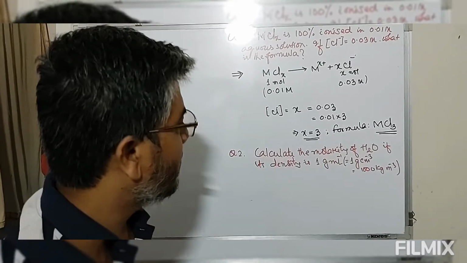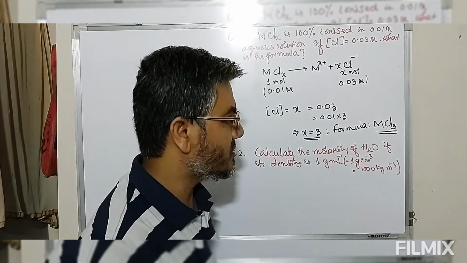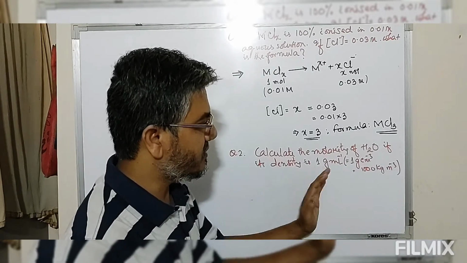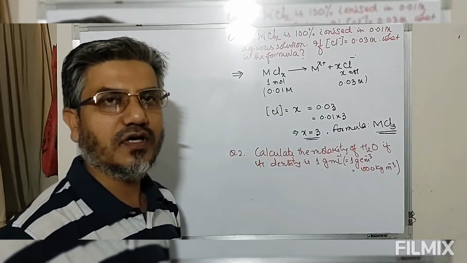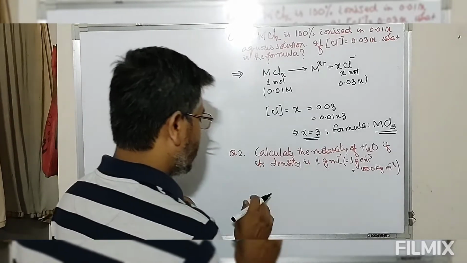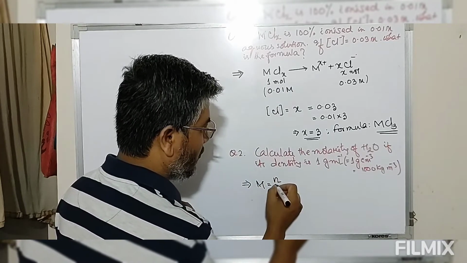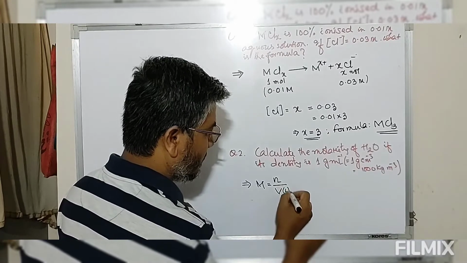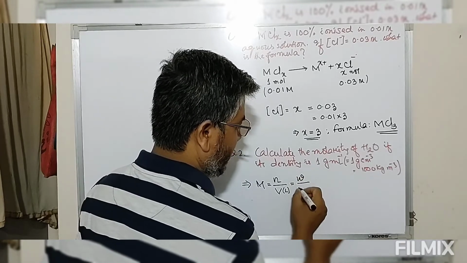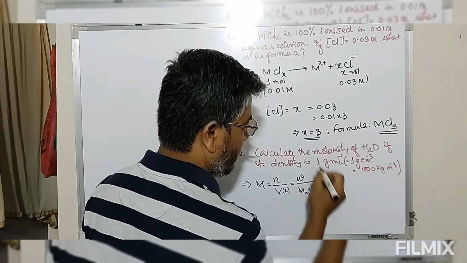So now the question is, we are given water whose density is 1 gram per ml, or 1 gram per centimeter cube, or 1000 gram in 1 liter. If this is the question, then we have to convert this in terms of the concentration of water expressed as molarity. The strategy we follow is, we define molarity as number of moles divided by volume taken in liters. Number of moles is defined as mass of the given substance divided by molar mass, and the volume is taken in liters.